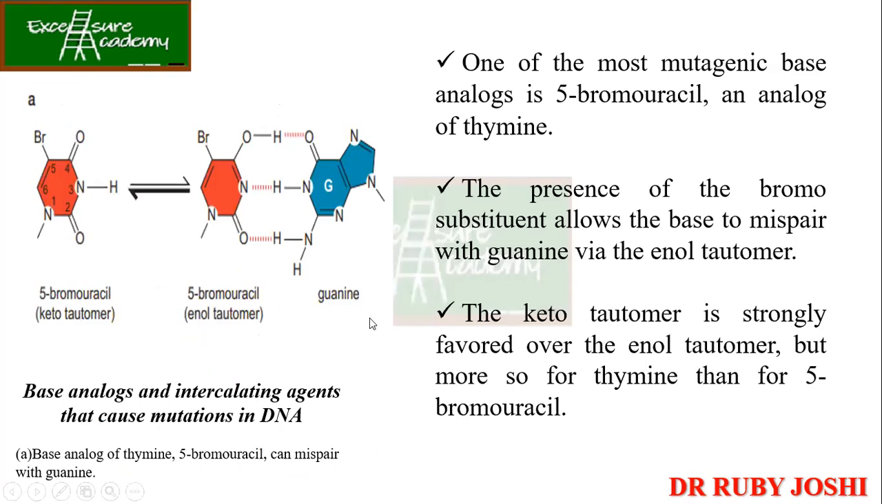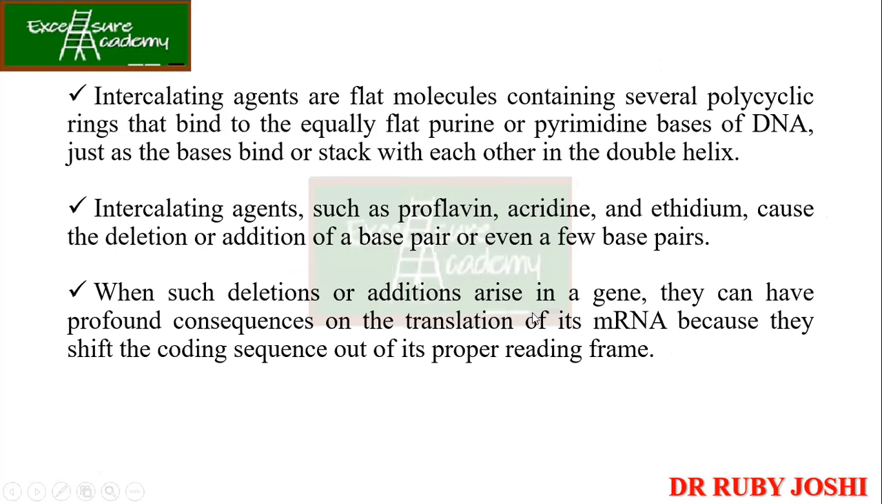Now, one of the most mutagenic base analogs is the 5-bromouracil and it is an analog of thymine. So, वो thymine का आपका analog है, but it is base pairing with the guanine. So, क्या होगा? So, instead of a TA, it is going to have the CG. ठीक है? Now, intercalating agents जैसे already हमने बोल दिया था, ये bases के बीच में आके stack हो जाते हैं, ठीक है? So agents like proflavin, acridine, ethidium, they cause deletion or addition of the base pair or even a few base pairs,